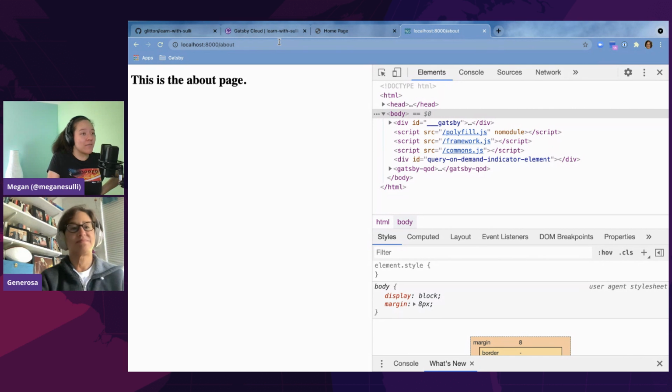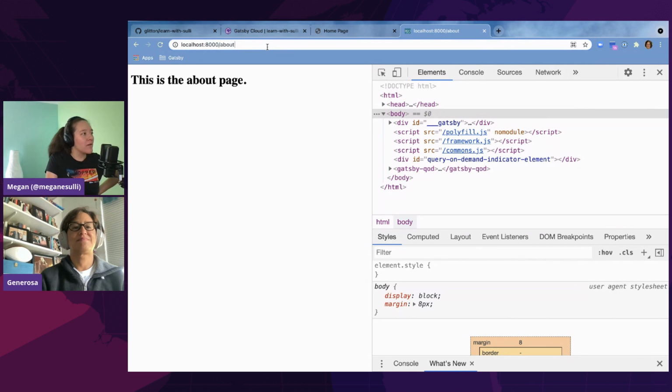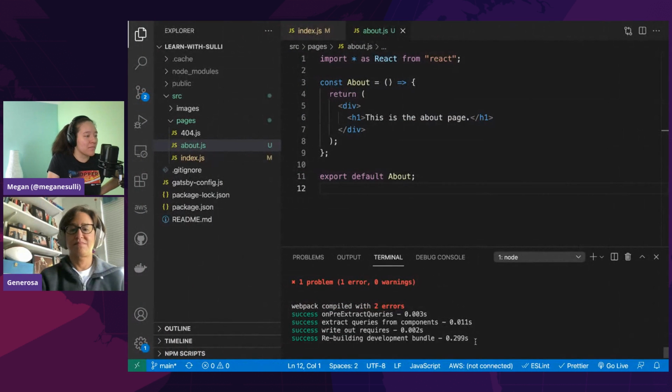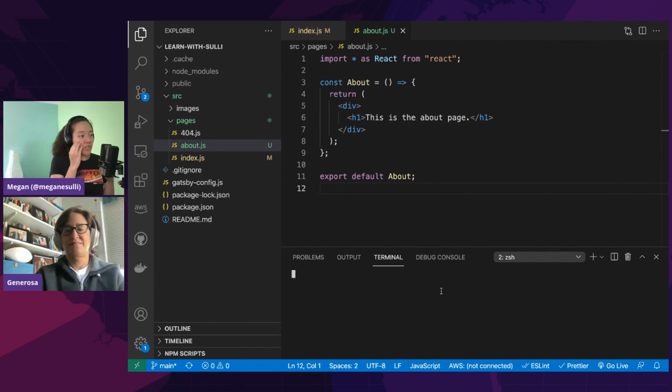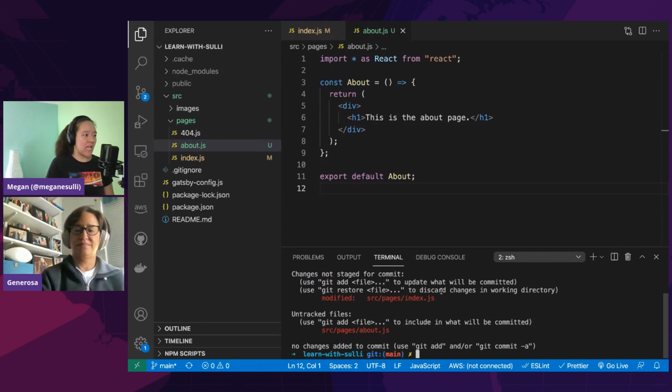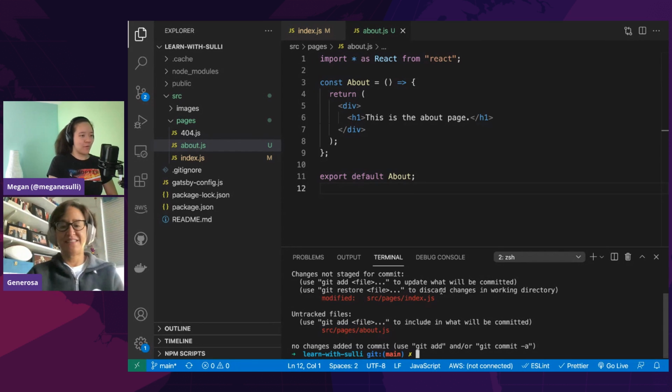So now we've made some changes. We've decided this is exactly what we want our site to look like, and we want to put it on the internet. So what we're going to do is go back to VS Code and commit this. If you're new to using Git, commits are like taking a snapshot, a picture of your code at this moment, so that you can save it and go back to it later if you want to. Don't be afraid of committing. Commit early and often, and revert when you break stuff.